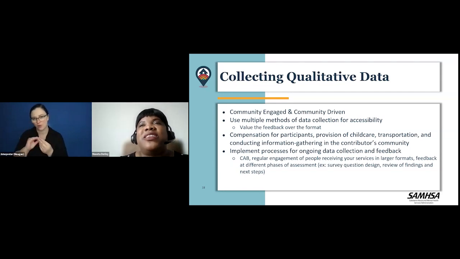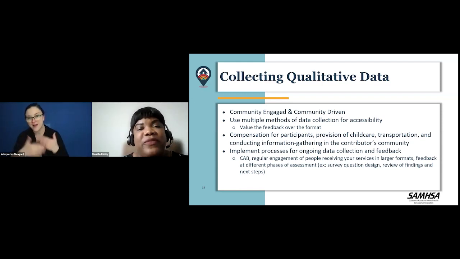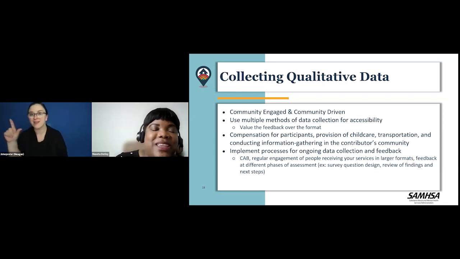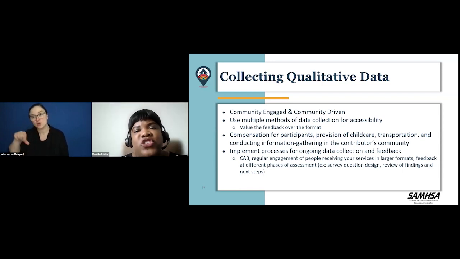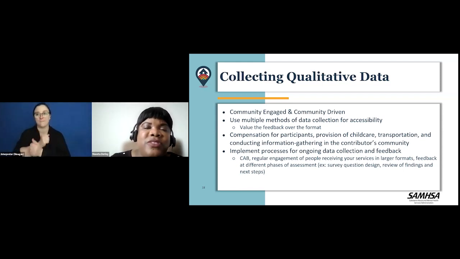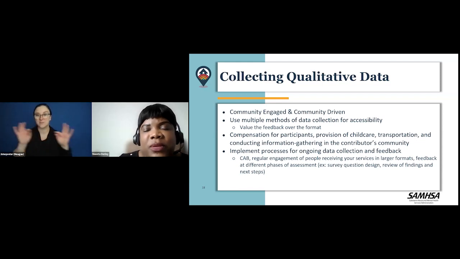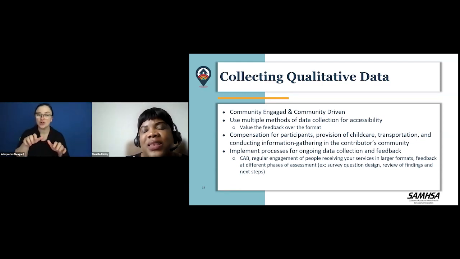On our body, we have both a right hand and a left hand, a right foot and a left foot. It's the same thing. We really need to have quantitative as well as qualitative data to ensure that the whole picture is being told, right? And so it is really important that when you're doing this process, you're collecting qualitative data as part of some type of time frame within your assessment process,